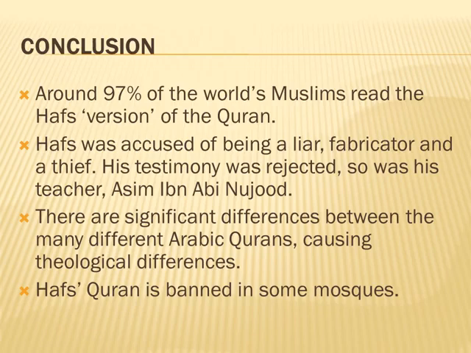Secondly, it does not explain that Asim was considered untrustworthy and his student and son-in-law Hafs a liar, thief and fabricator. It is illogical to suggest that these are the very same people who are rejected in narrating hadith because they lied against Muhammad, yet they are truthful and accepted when it comes to the Quran, as they never lie against Allah. A question that must be answered is, how can a source of salvation ever be taken from anyone accused of lying, theft, unreliability, delusion and untrustworthiness?